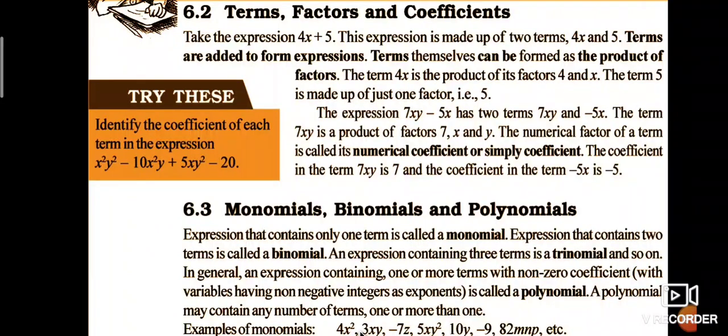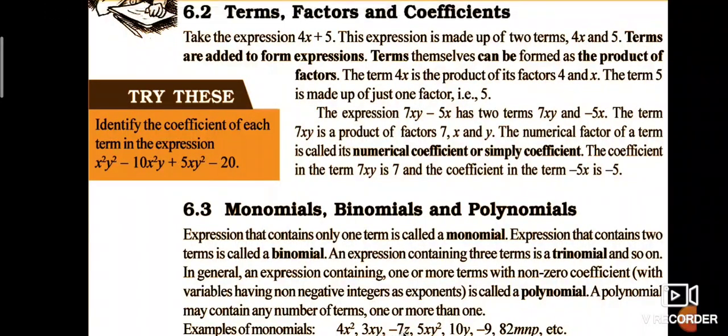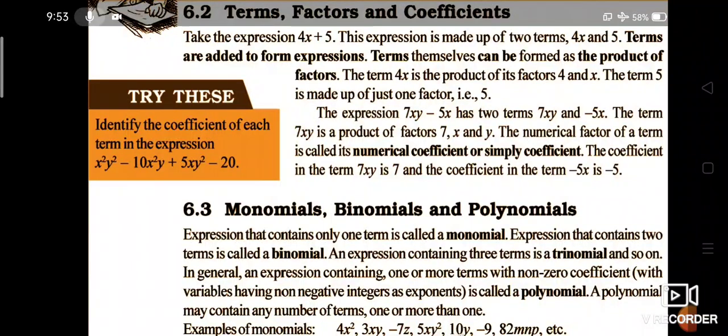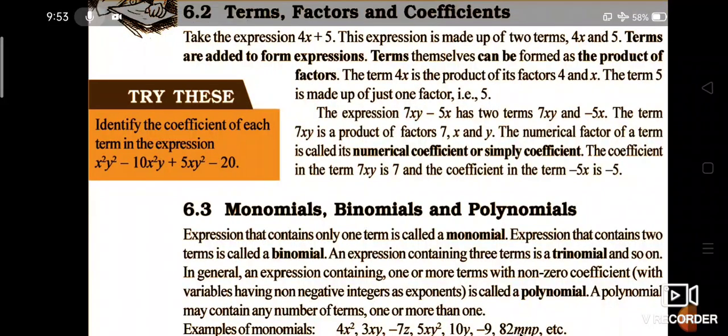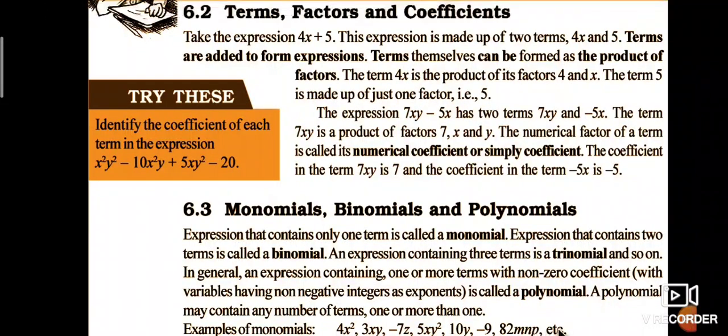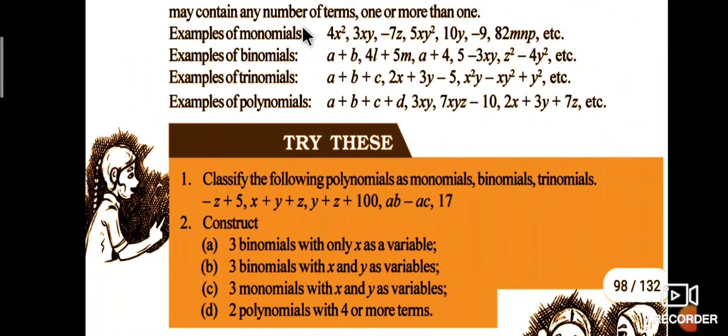Examples for monomials are 4x square, 3xy, minus 7z, 5xy square, 10y, minus 9, 82, mnp, etc. These are all called monomials because they have only one term. The next one is